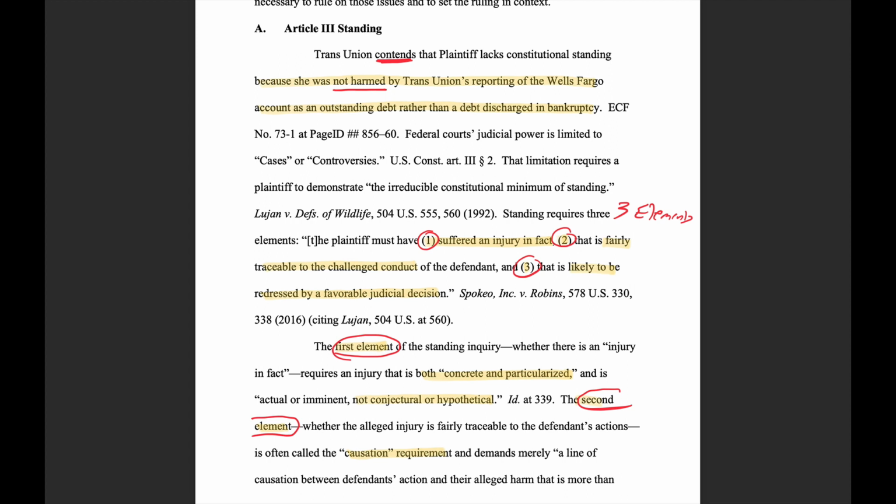In other words, if I was in a car wreck and I did not sue for damages, but I sued that the court would turn back the hands of time, create time travel so I wouldn't be in that car wreck, well, the court can't do that. There's no ability for the court to redress or to take care of me in that situation. So these are the three elements. Almost always in these consumer cases, the argument is over the first element.